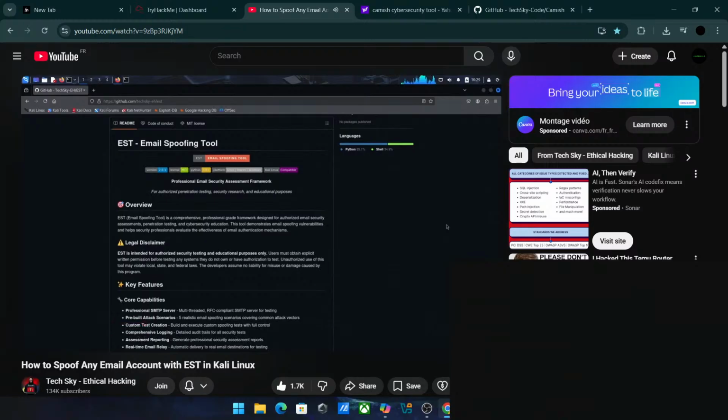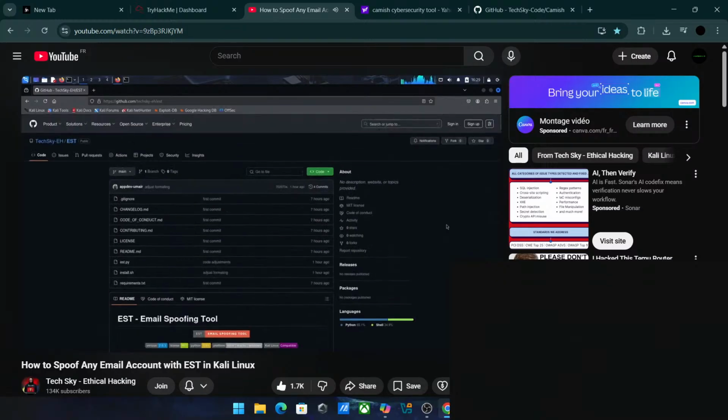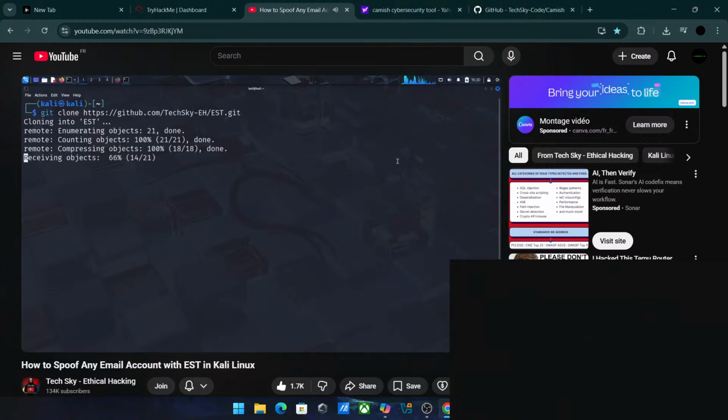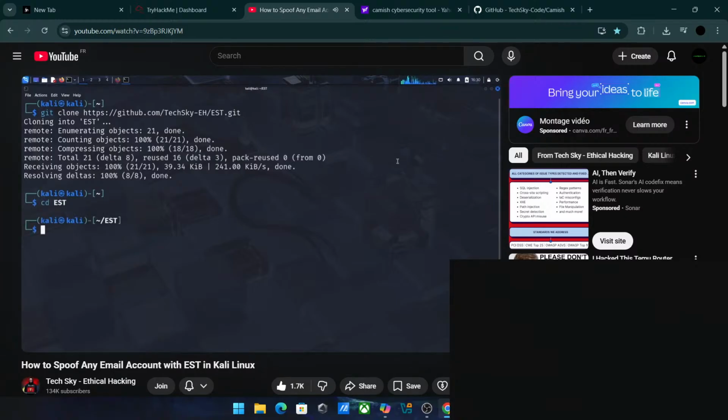Copy the GitHub repository link either from the address bar or by clicking the code button. I'll click the code button and copy the repository link. Return to your terminal and type git clone, followed by pasting the copied link. Press enter to begin cloning the repository. After the tool is cloned, navigate to the EST folder by typing cd est. Let's see what's inside this folder by typing ls. You can see various files including